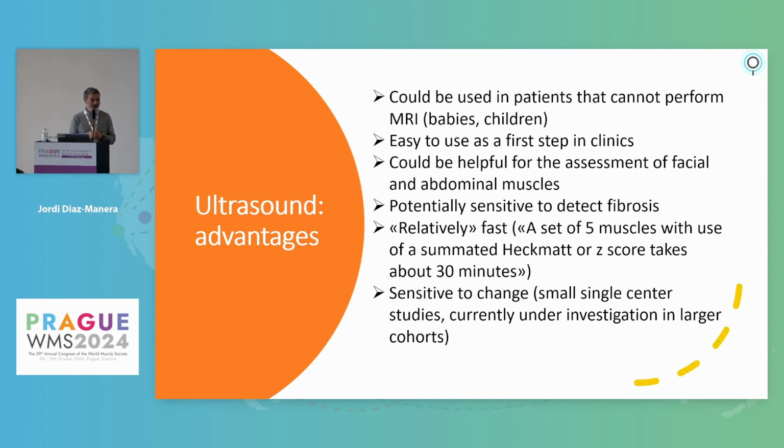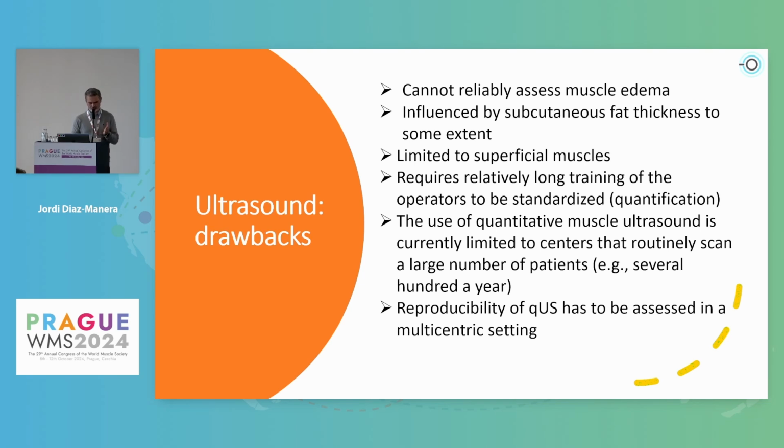This is something that I always like to mention because fibrosis is one of the things that we cannot detect with muscle MRI yet. It's relatively fast, depending of course on the number of muscles that you want to assess. The more you want, the more time that you need. And it's sensitive to change, as I said. There are different scores that allow you to follow up the progression of the disease,